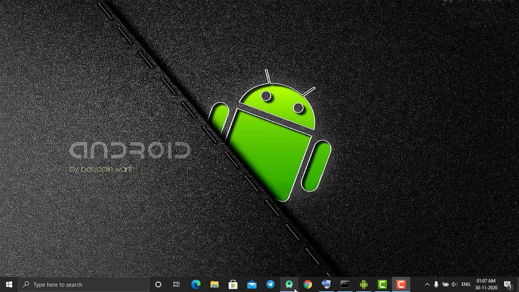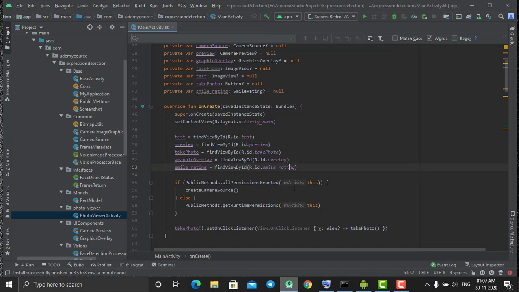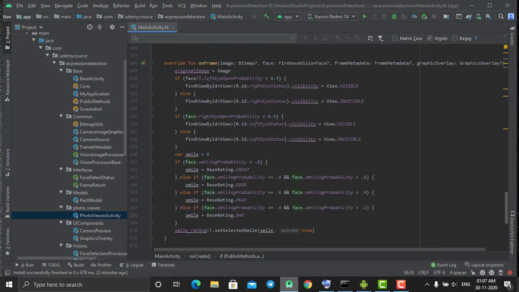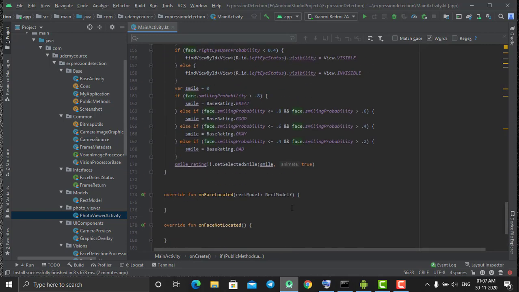So in our last tutorial, we created this application where we have the camera on our screen, and whenever our face comes in front of the camera, it detects our face and shows a square box on our face, right? Now in today's tutorial, we are going to detect our expression as well as the eyes, whether they are open or not. We are going to fetch those details